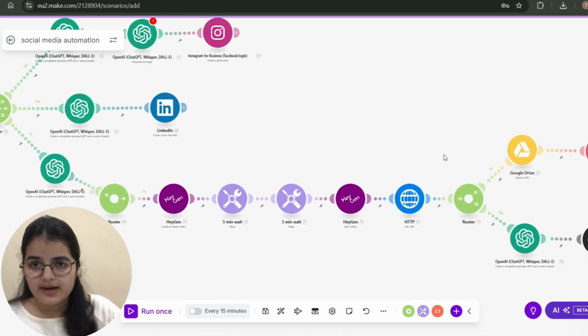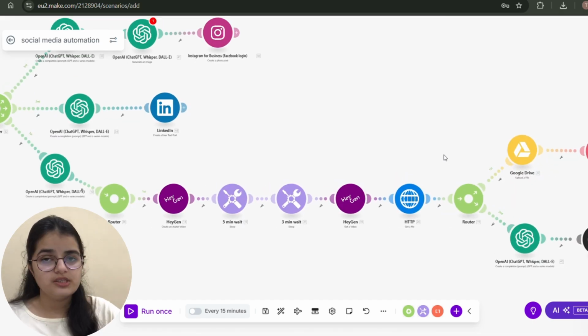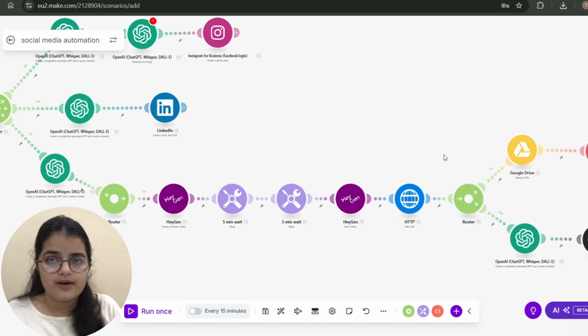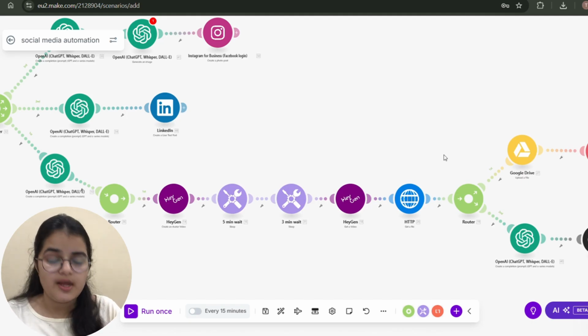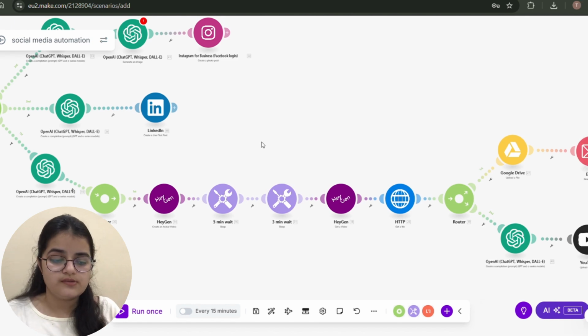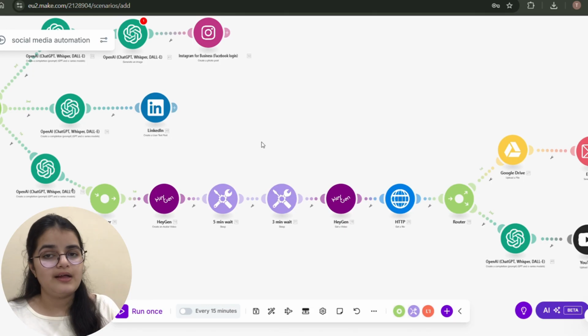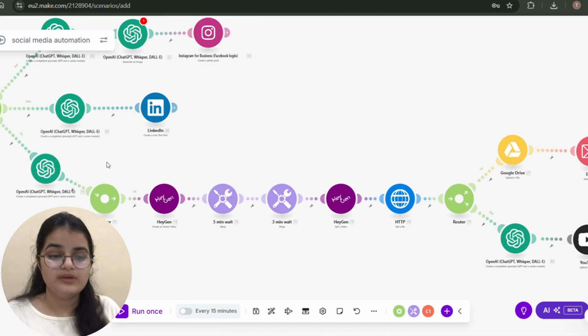The last step that we've added is HeyGen, and then ChatGPT will think, reason, and then create a script which is for a platform like YouTube and Instagram, and then it is going to post on HeyGen. And then we have two other nodes, which is 5 minutes wait and 3 minutes wait. So since this video creation is going to take some time, that is the reason that we've added 5-minute wait and 3-minute wait. Again, it's going to get that video using HeyGen, and finally you are going to get that